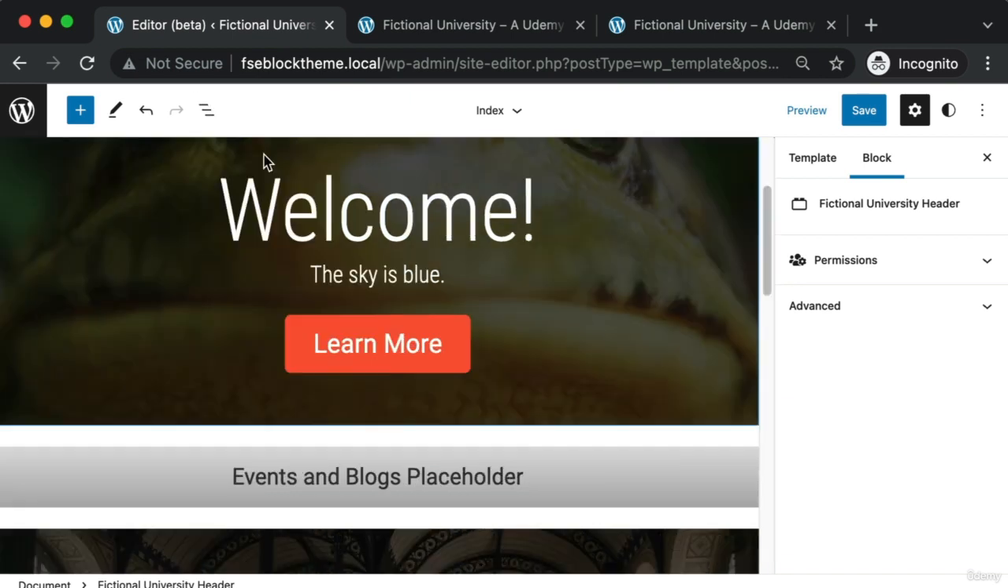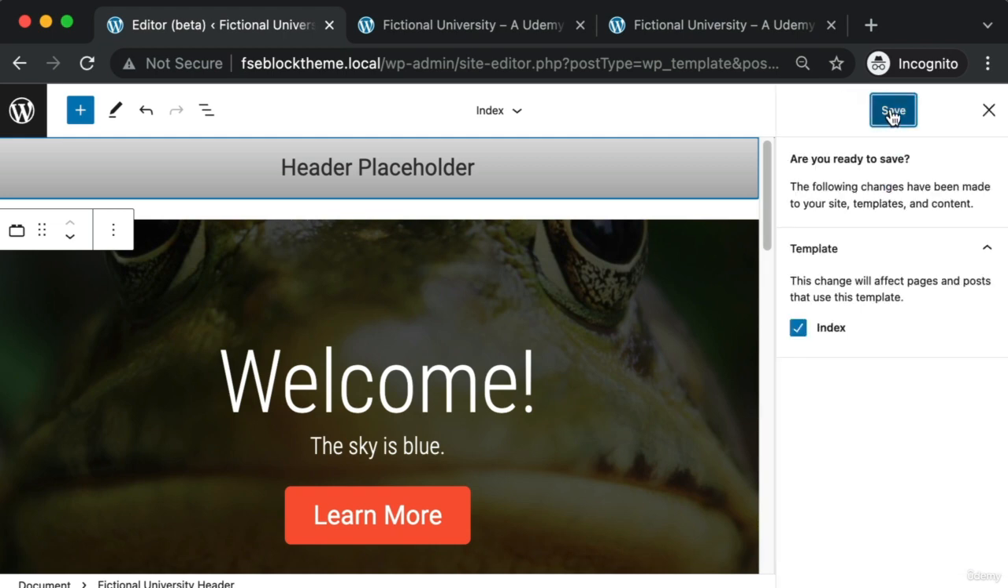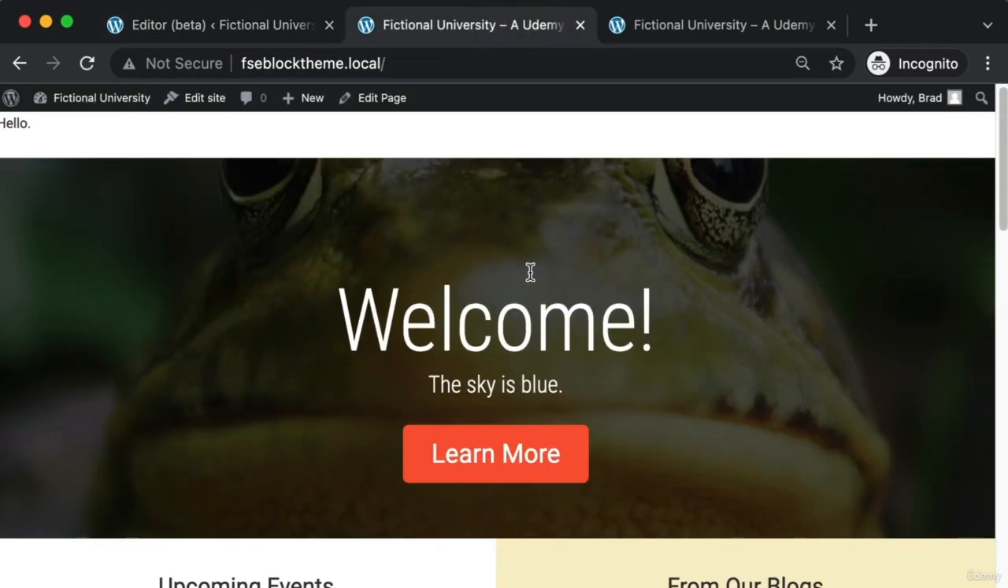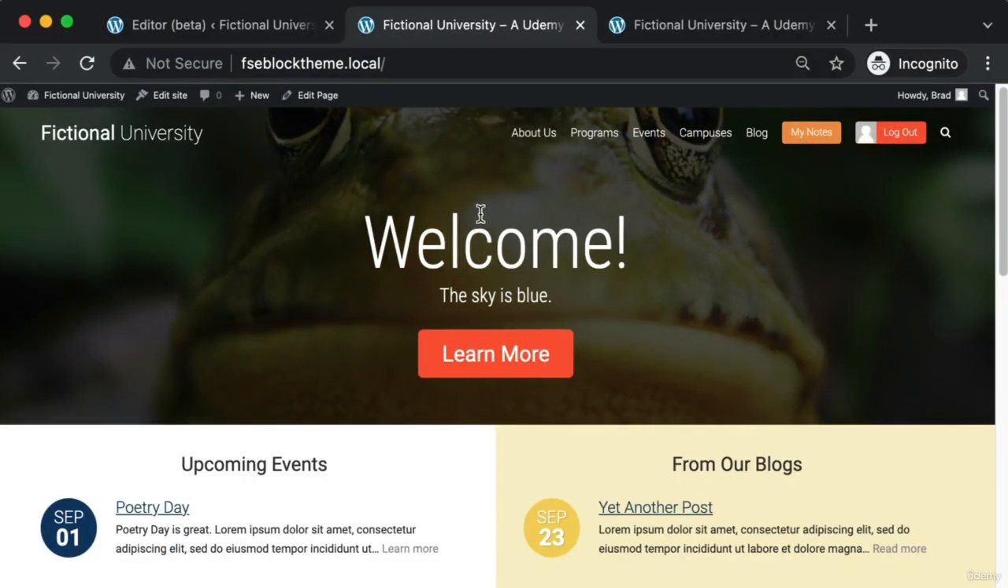Perfect. Cool, so we've got our placeholder, then our banner. Let's go ahead and save that and then refresh the front end of our website. Perfect. Now before we move on and set up the block for our global footer, let's first talk about the